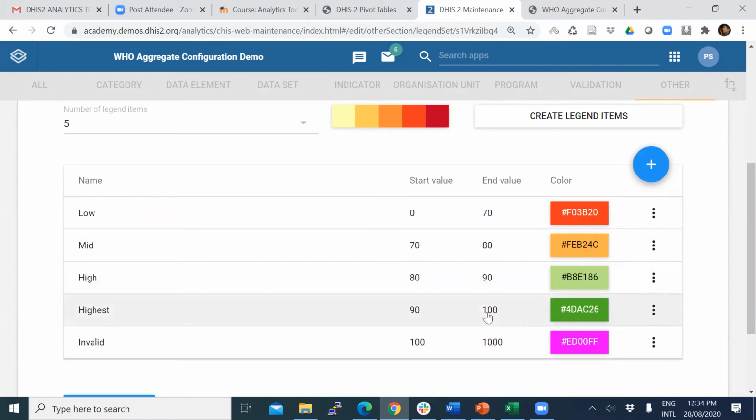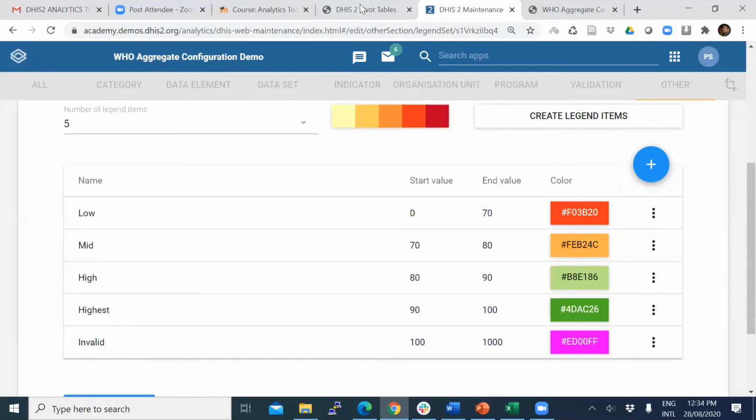Technically it cannot be more than 100, but if it is more than 100, I will color it purple to mark it as invalid. This legend we discussed while we were discussing metadata, how to create a legend. You can add and edit these legend items.